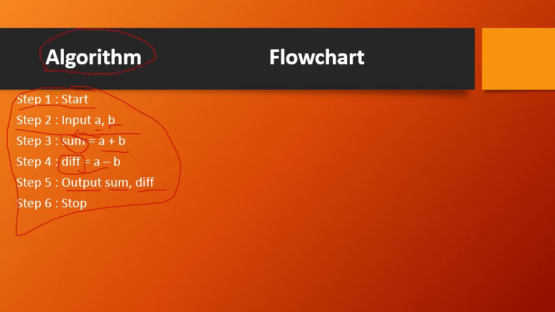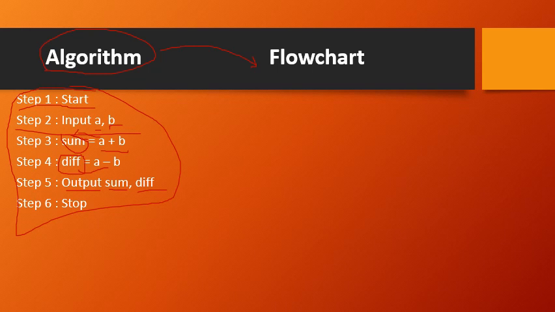Okay. Now let us try to convert this algorithm into a flowchart. Meaning is that the same steps I will be trying to write in a picture format or a diagrammatic format. There are certain predefined shapes or symbols we have seen earlier. So let us make use of those shapes and write the flowchart. To give a quick recap, here we have a start and stop. For start and stop, the shape we have discussed was the oval.